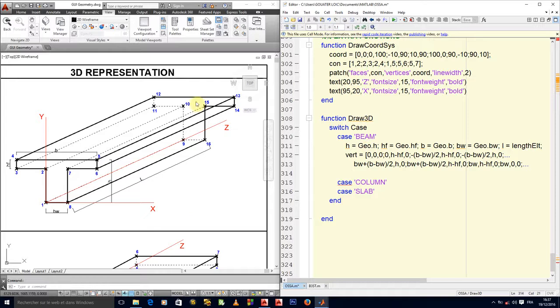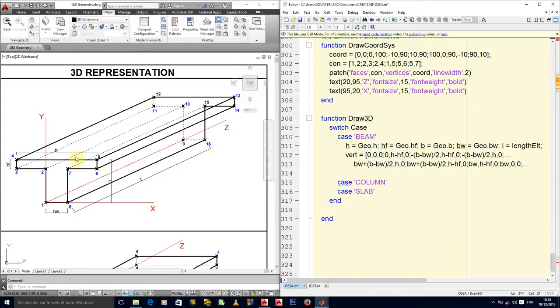Now we have to go to 10. So this is one of the importance of being organized in what you're doing. You will notice that I follow the particular trend in my numbering. 1, 2, 3, 4, 5, 6, 7, 8. That is like a rotation. And then I go to the next plane behind and I do the same thing. 9, 10, 11, 12, 13, 14, 15, 16.